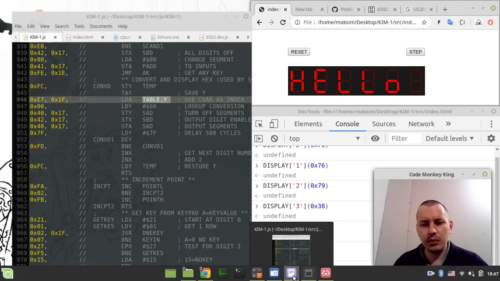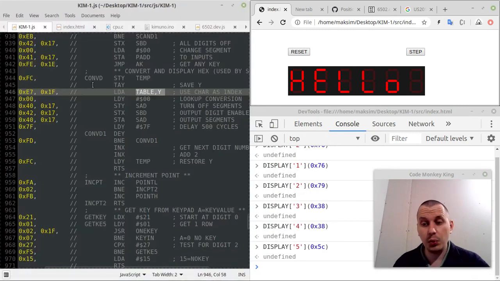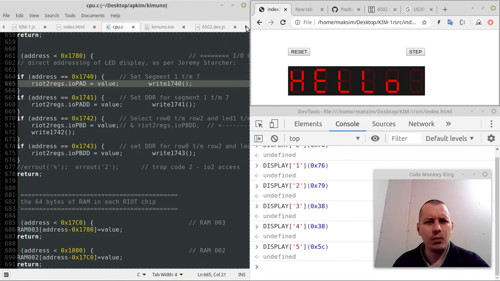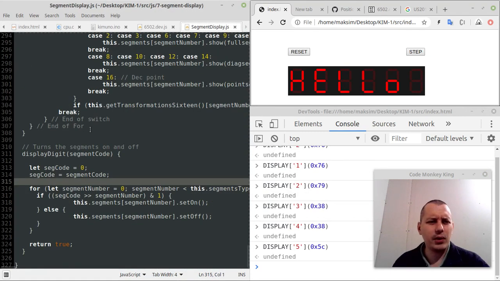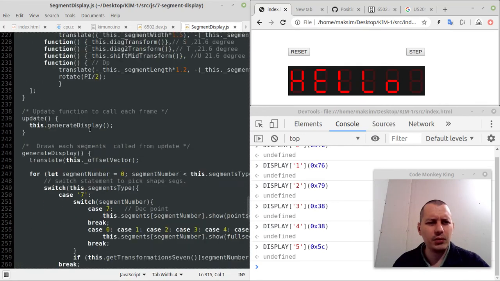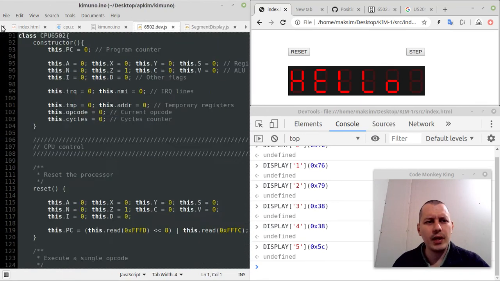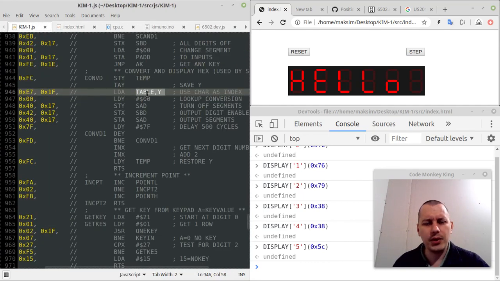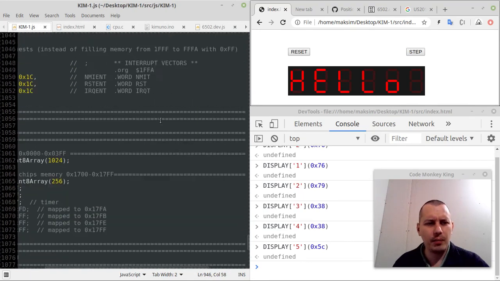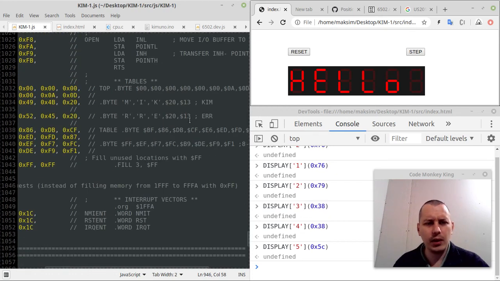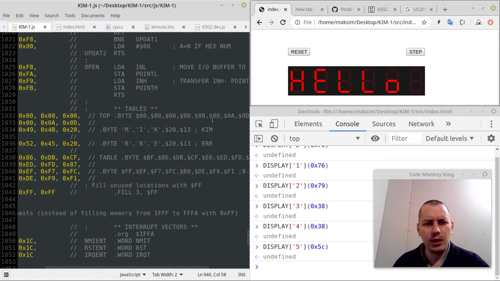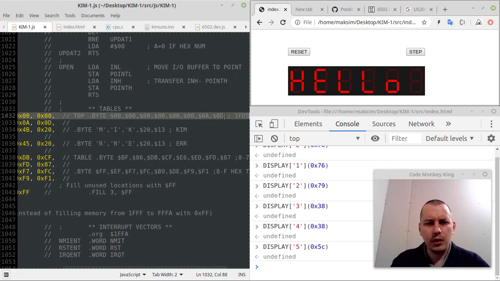So instead of using the lookup table on the library level as was done before, it was done in a completely different way. It was relying on, I already broke that code, so 7 segment, well, it was somewhere here, it doesn't matter. Instead of doing that, it relies on the internal table available in the KIM ROM, somewhere here within these tables. I'm not sure what exactly it goes for. Probably only for digits and letters from A to F,